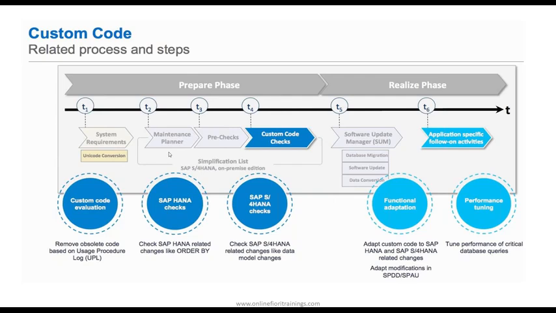Then the actual game starts from the prepare phase T2, where you now perform something called checks. You perform checks related to the HANA database, which I have already taught you in unit number 3 when we started ABAP on HANA. You remember what the code inspector variant was that we used to check whether you are compatible to the new HANA DB or not? Does anybody remember the variant of code inspector I told you to check whether functionally you will be able to work? Yes, perfect answer, all of you.